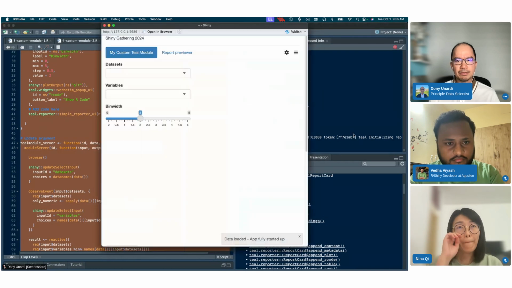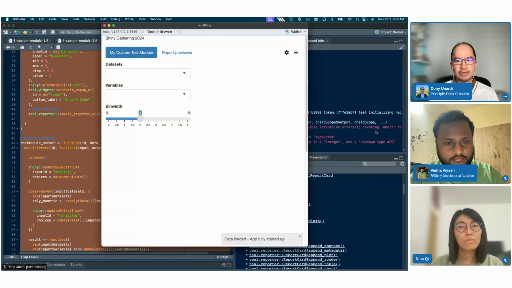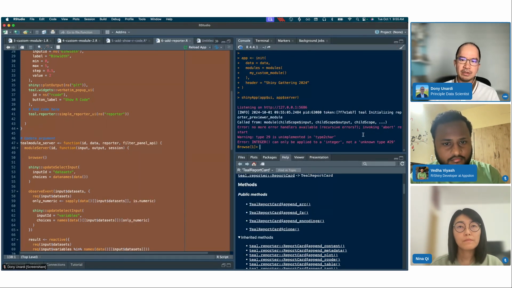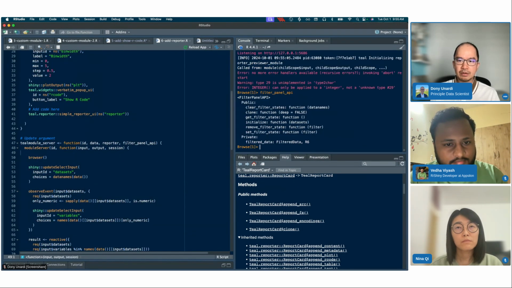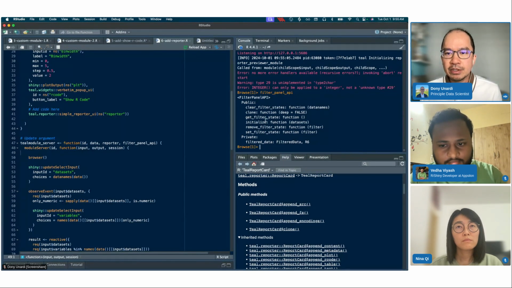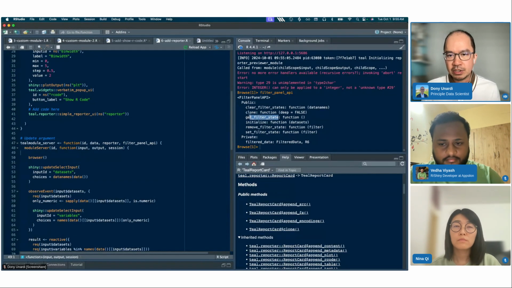Yep, it's going to stop. Okay, so now let's look around. Let's look at what the filter panel API is. Okay, so it's an object. It's an R6 class. It has some methods on it. I'll let you read the rest of it, but the one that we're most interested in is this get filter